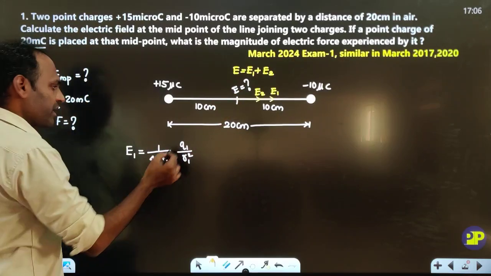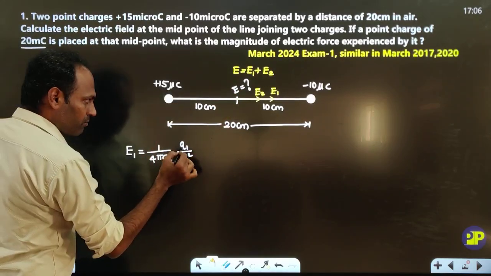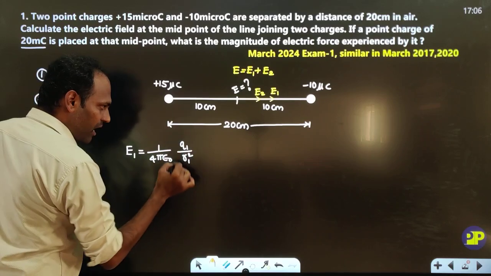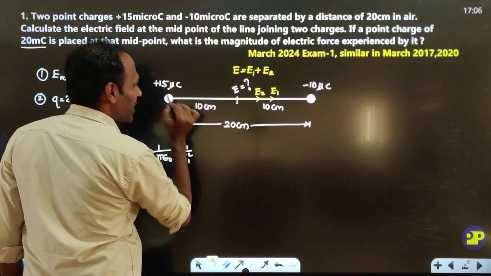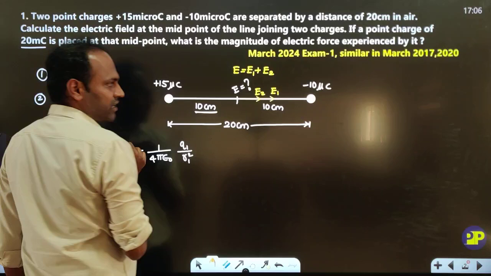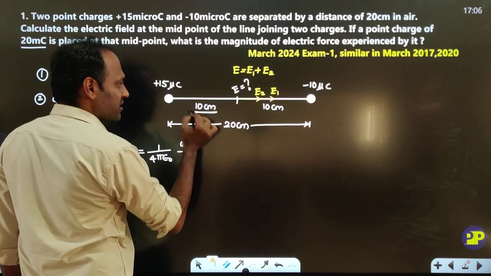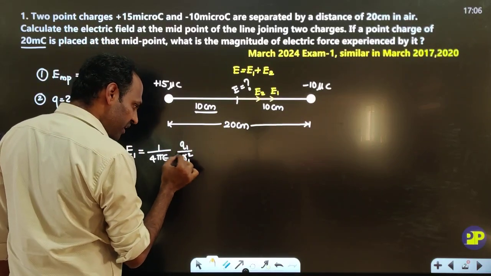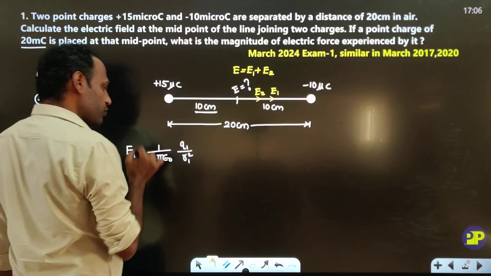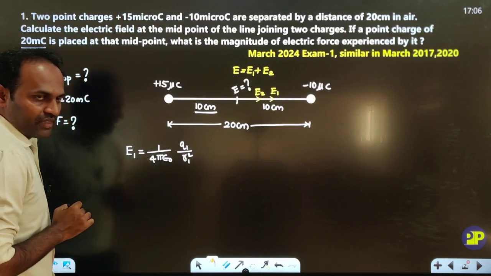Because depending on the polarity, we put the signs, we put the directions. Okay, so here Q1 means you should take 15 microcoulomb, micro means 10 to the power -6. R1 means you have to take the distance of that plus 15 microcoulomb charge. So from this point the distance is 10 centimeter, so you take it in meter, 10 into 10 to the power -2, you square it and you simplify it, you will get E1. Similarly,